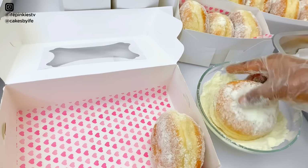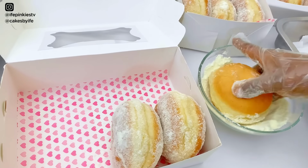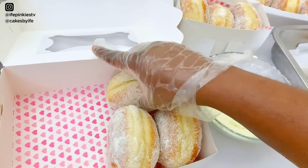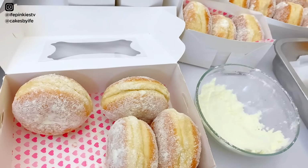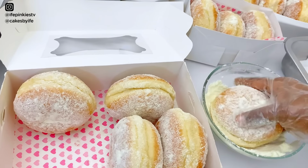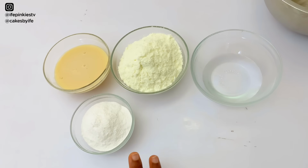Okay, and if you have a customer or a client that has a sweet tooth, you can decide to increase your sugar a little bit. So all I'm doing now is to just coat my donuts in milk, and I'm arranging it into the boxes because we have a whole lot of deliveries for this day. But I chose to share this recipe just to help somebody out there who's probably looking for a good recipe